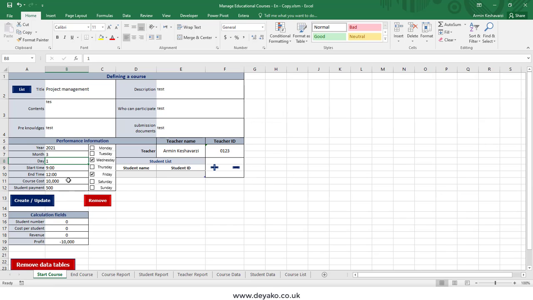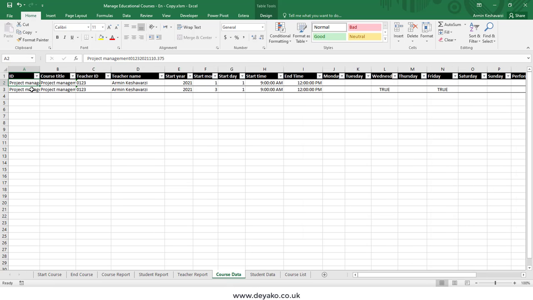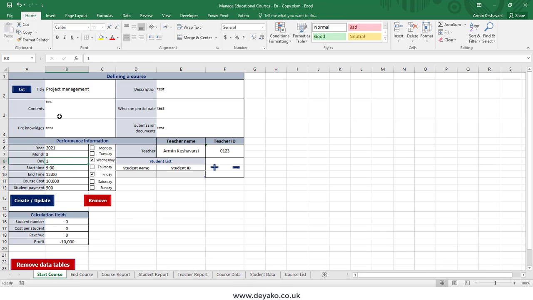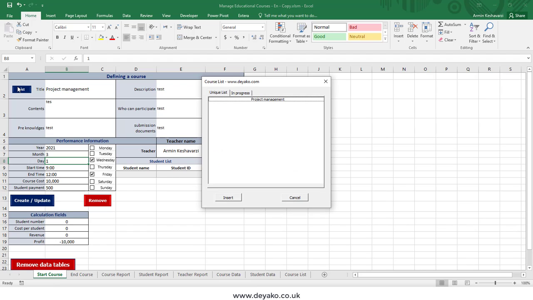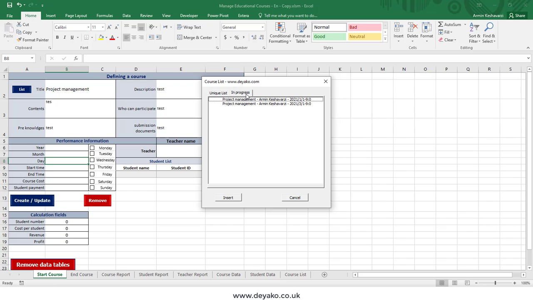After that, in the course list, we can see there is just one project management, but in the course data we have two with different IDs based on the month. For example, in the first project management course, let me use the list this time. We can see the unique list here. We can choose, for example, project management to define a new project management course,